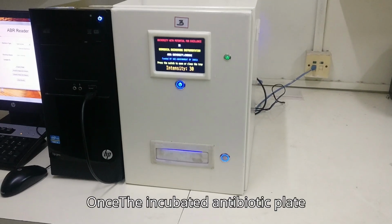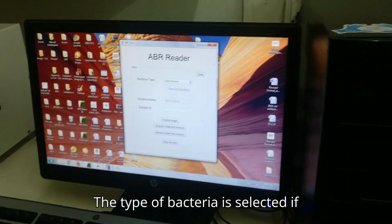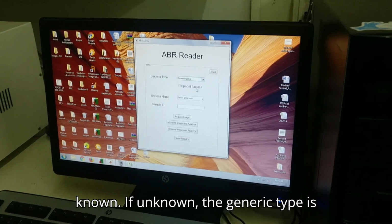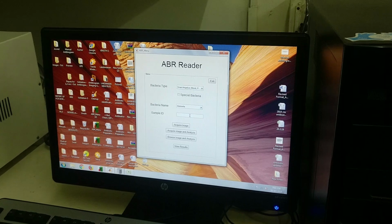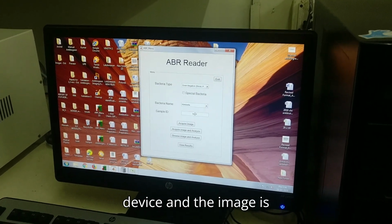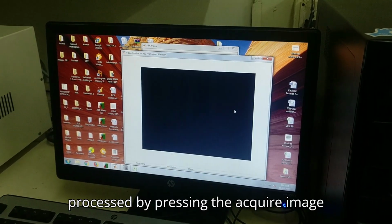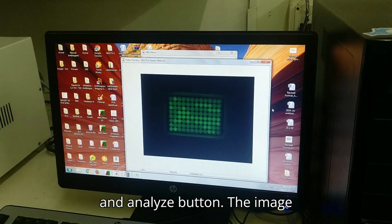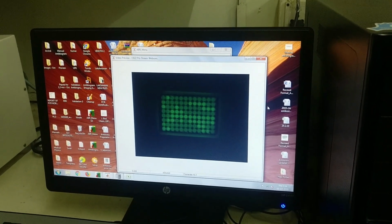Once the incubated antibiotic plate is fed into the antibiogram device, the type of bacteria is selected if known. If unknown, the generic type is selected. The sample ID is fed into the device and the image is processed by pressing the Acquire Image and Analyze button. The image is captured,